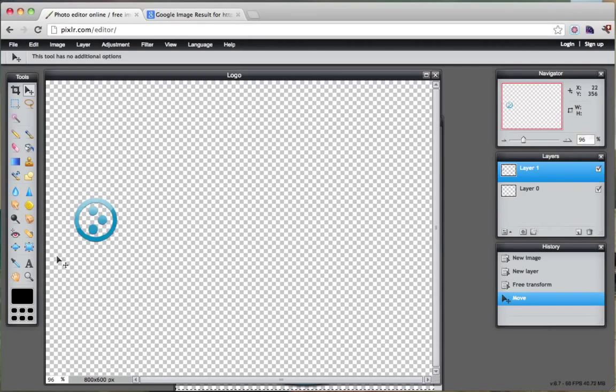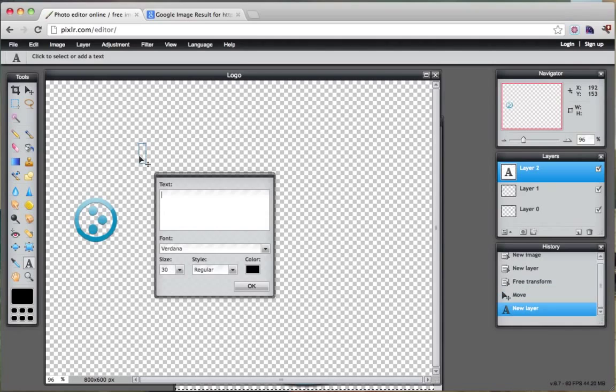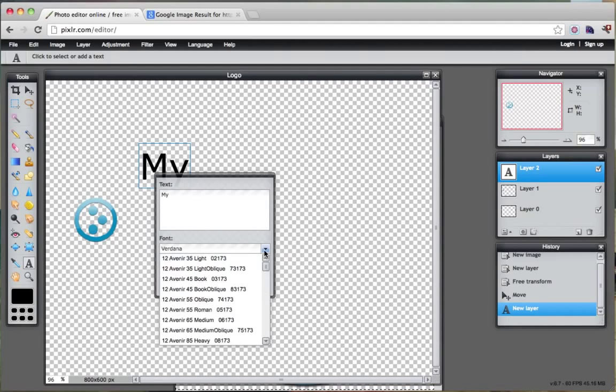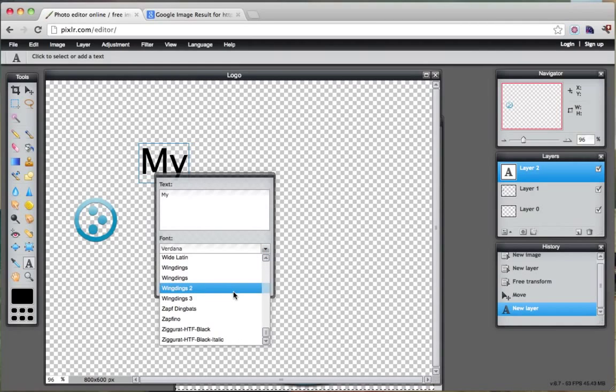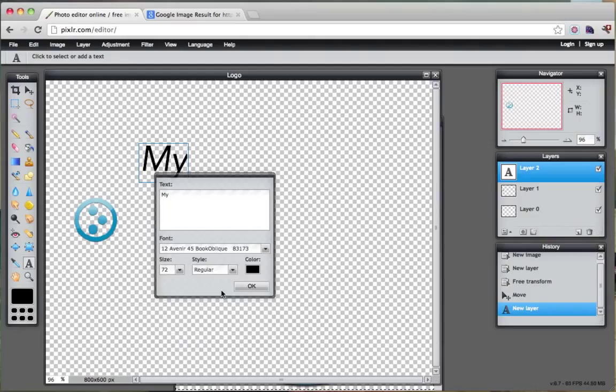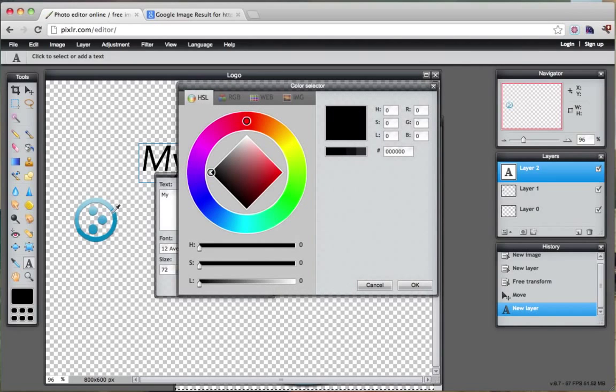And now let's put in some text. So I'll click here, the text box, and we'll put "my", and we'll make it really big. Say 72. And we can change the font here if we want. So we'll just do that one, and we can change the color. What I like to do is take the color from the logo. So let's just click on here, take this color,